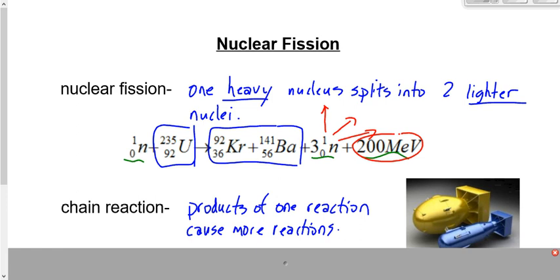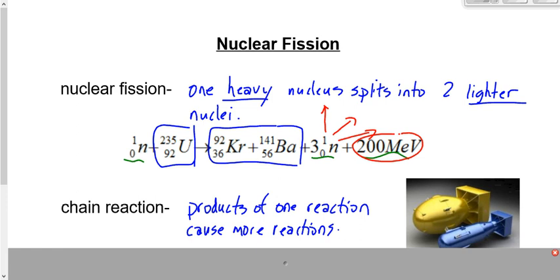And we're generating enough heat to generate enough electricity to power a city, or we're generating enough energy to blow up a city, as the case may be. Now, doing this is easier said than done. It's not just a matter of, hey, you got all this uranium, and we just get her going, and it just goes. It has to be designed so that these neutrons will bombard the uranium.